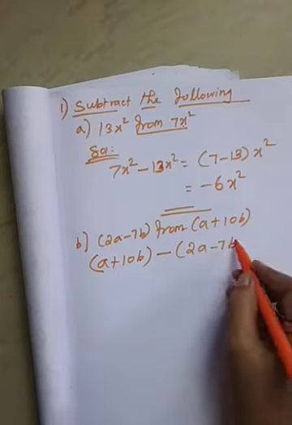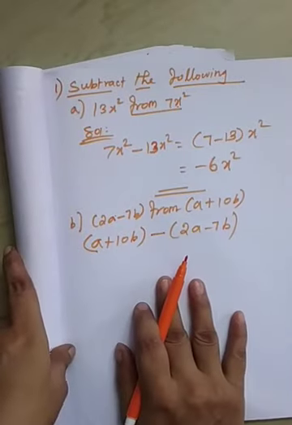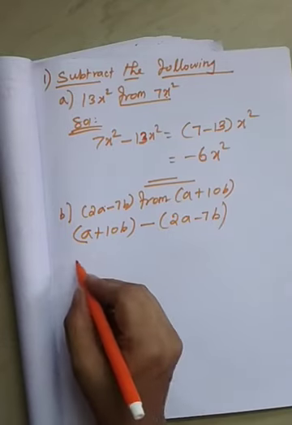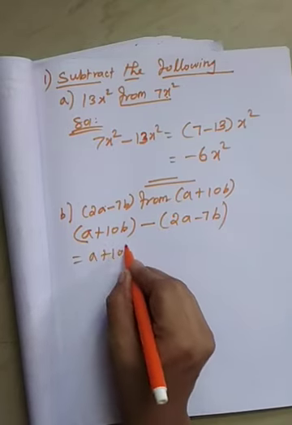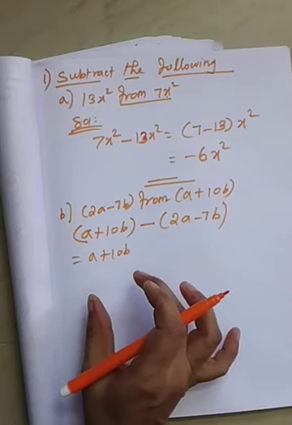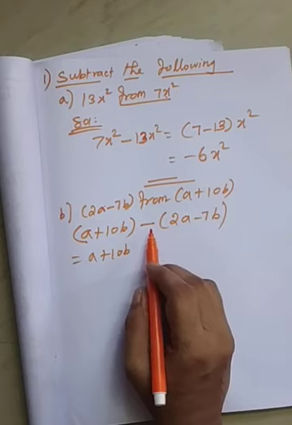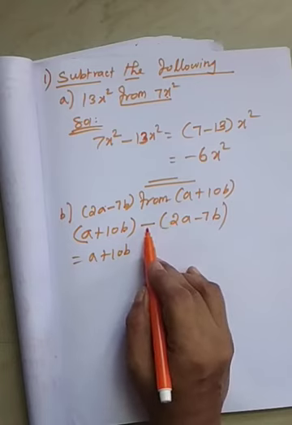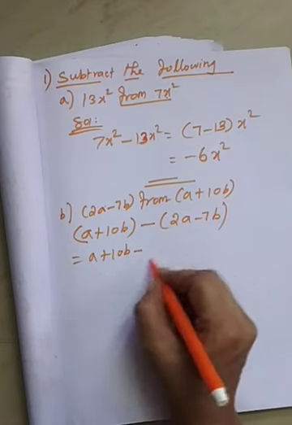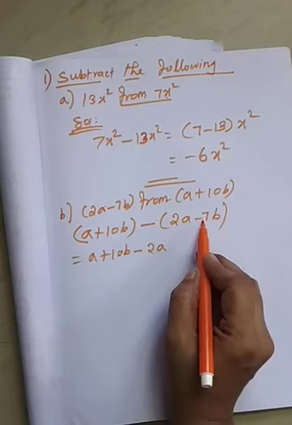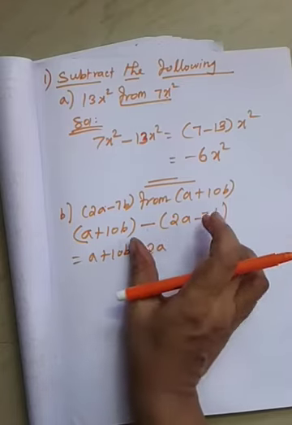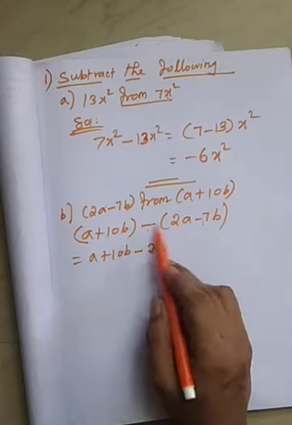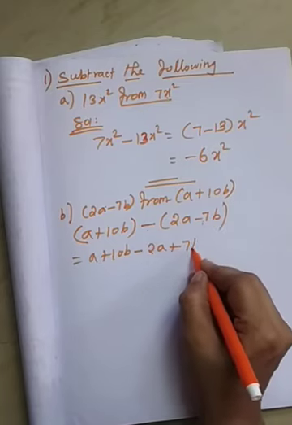Everybody clear? Okay, because this is a subtraction concept. So now you have to remove the bracket first. How can you remove it? Write a plus 10b. The first expression you write directly. After that, multiply the minus inside the bracket. So what will you get? Minus into plus is minus, write this 2a. And then same sign: the same sign, plus or minus, you have to put plus sign. See here, minus into minus, you have to put plus 7b.